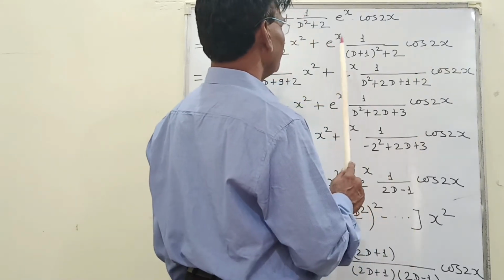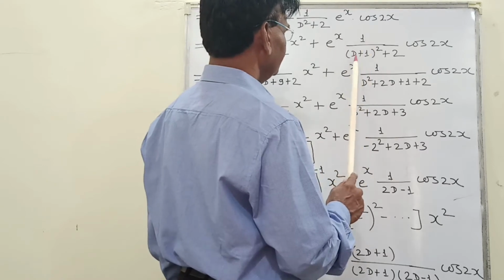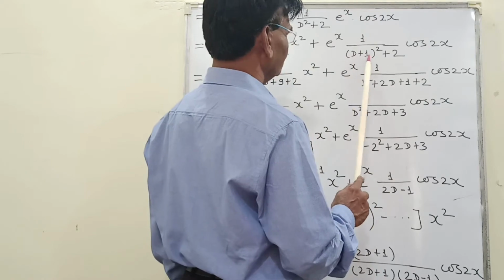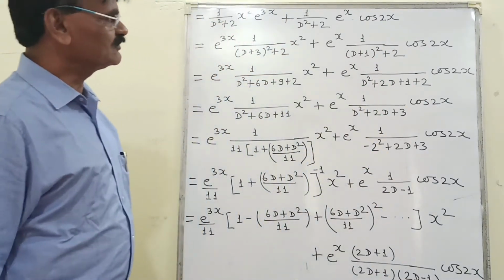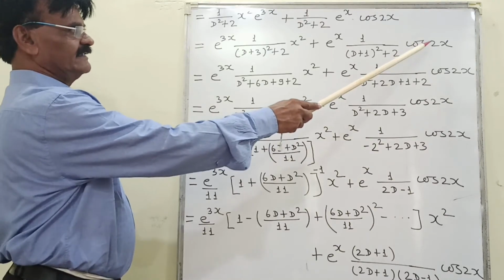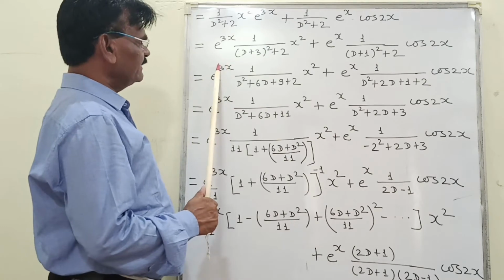Here e to the power ax is e to the power x, 1 upon D plus a, here the value of a is 1, so (D plus 1) square plus 2, and the value of v, the function of x, is cos 2x, which is equal to e to the power 3x 1 upon